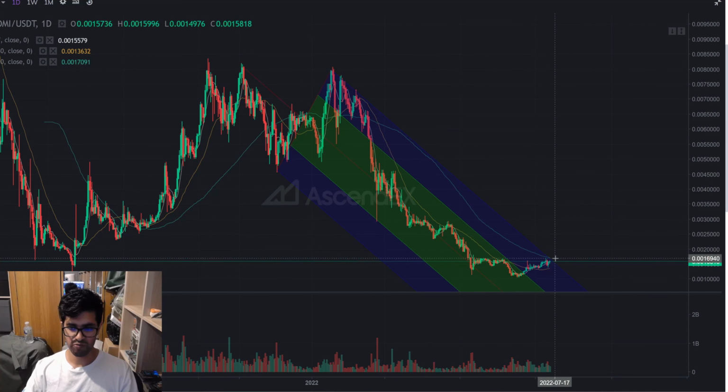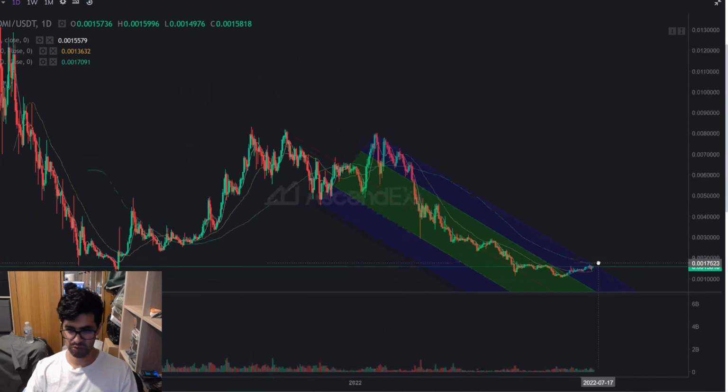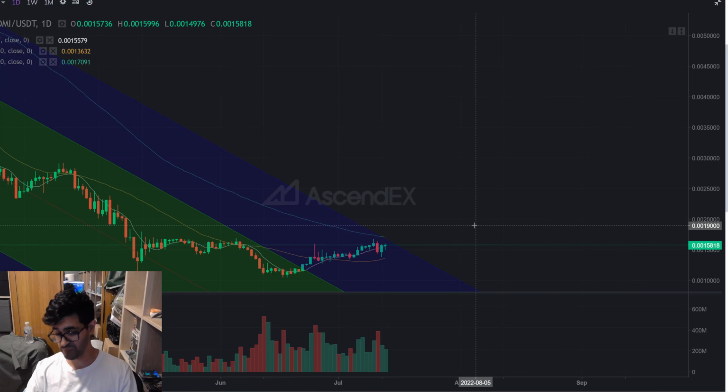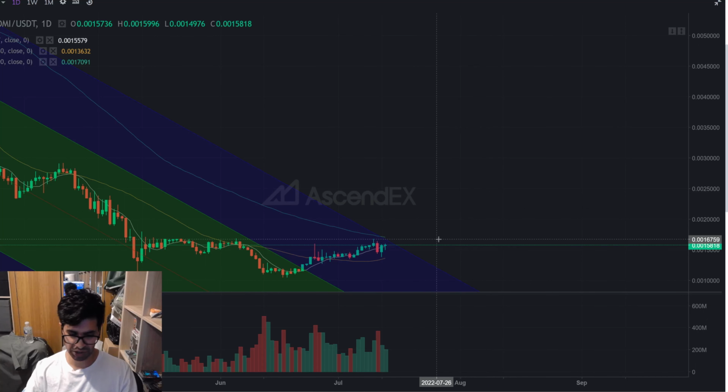We could see a reversal, but it could be a bull trap as well, because we are expecting more negative news in the markets. Remember, there is that Black Swan event with the Mt. Gox creditors. They are expecting to get repaid, and even if they dumped 50% of what they get repaid, that's going to have an effect on the market. And then we've got the problems with China invading Taiwan and Russia, etc. So there's a lot of world events going on, crazy inflation, so people are anticipating the worst is yet to come.